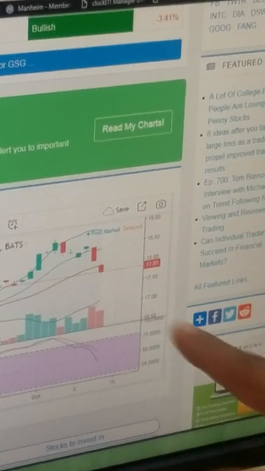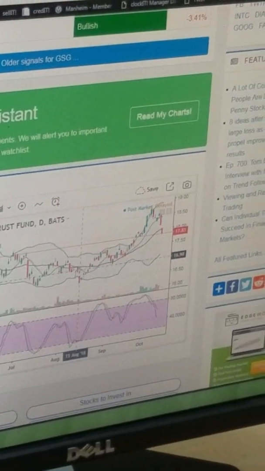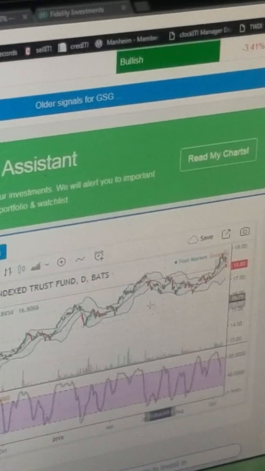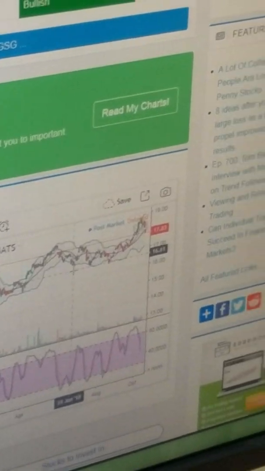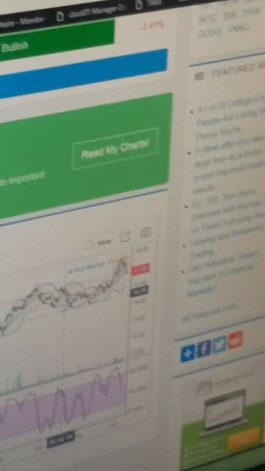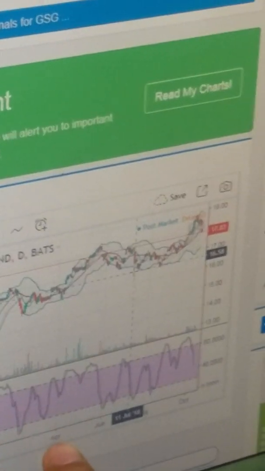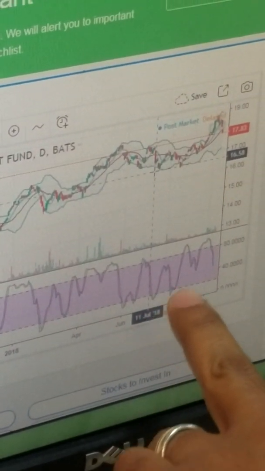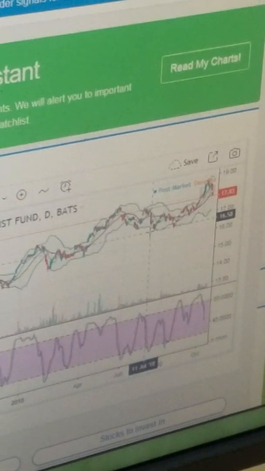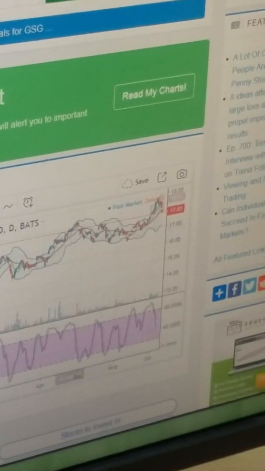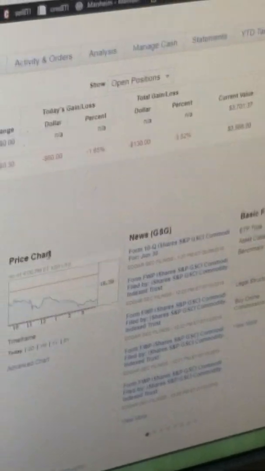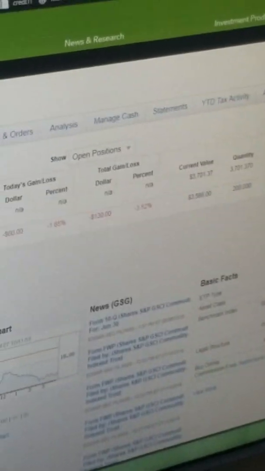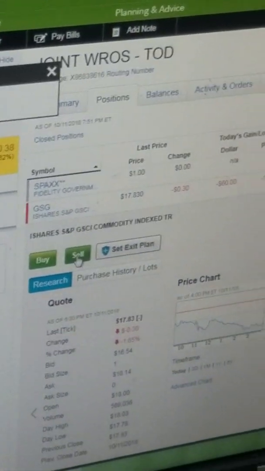I don't want it to go any lower than $17. Because look, if I go down in history, I think there's a line right here that up until about June, July, August, it hasn't gone below 16.58. So here's what I'm gonna do. I don't want to lose any more than 16.50, right? So I'm gonna sell.